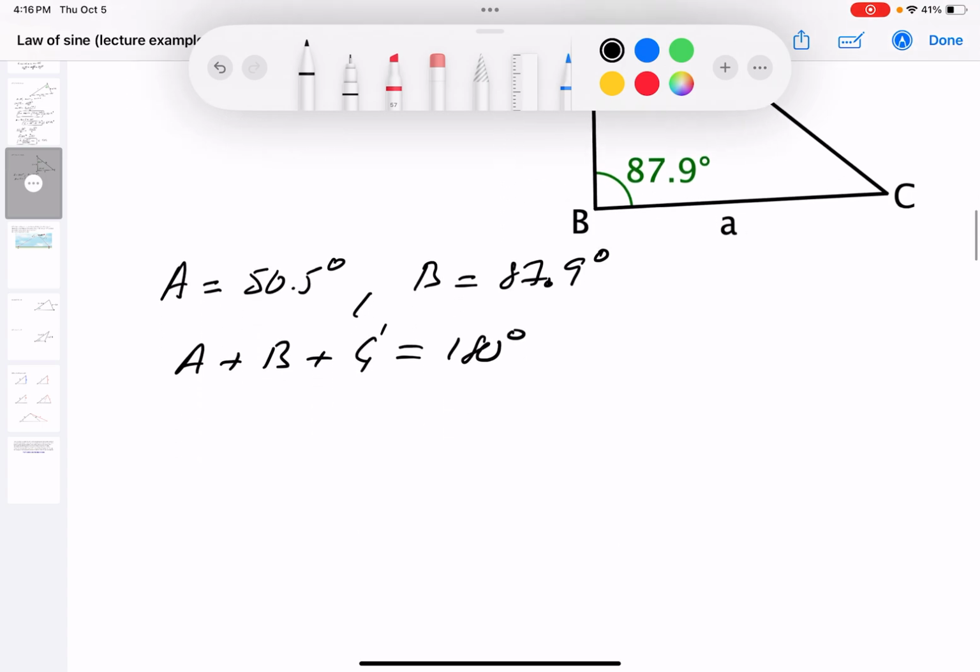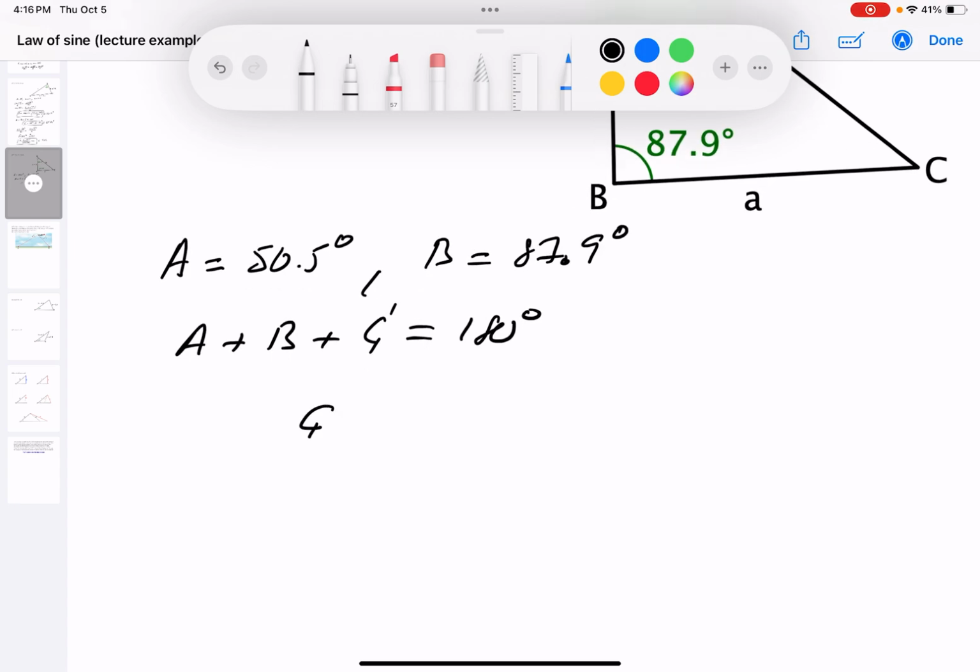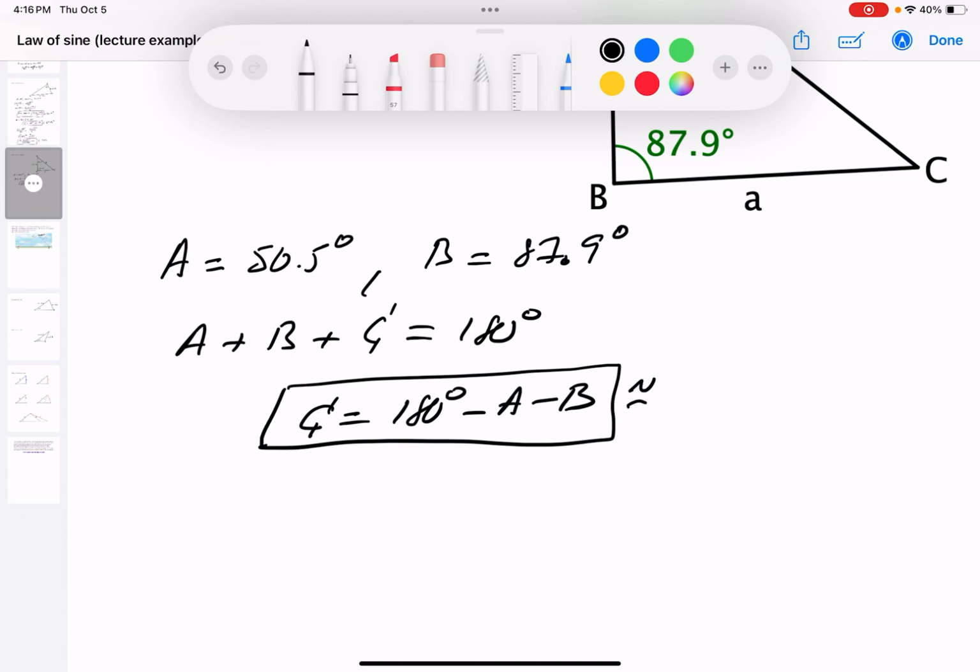All right, let me write this down for you. And I want to know what C is. What's C going to be equal to? 180 degrees minus A minus B. Again, I'm going to say that's a good answer, but I could probably do that without a calculator. And how do you do that? Add A and B together and subtract from 180. And if you do that, you get